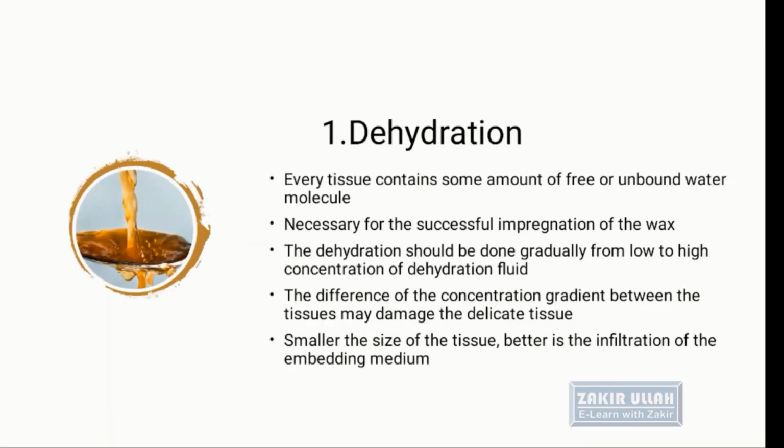So the first stage of tissue processing is dehydration. Every tissue contains some amount of water, which is either in the free form or bonded to other molecules. For successful impregnation, it is required to remove all the water, because water is not miscible and not soluble within the wax. The dehydration process is done gradually from the lower concentration to the higher concentration using the dehydration fluid,